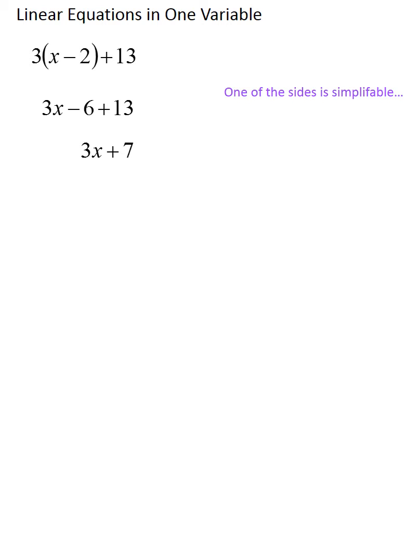-6 plus 13 is 7. And that doesn't solve the problem, but what that does is it makes the left side of the equation simpler. Notice I didn't do anything to both sides. I simply modified one of the sides of the equation to get a simpler equation because I could. But now that each side is as simplified as it can get,